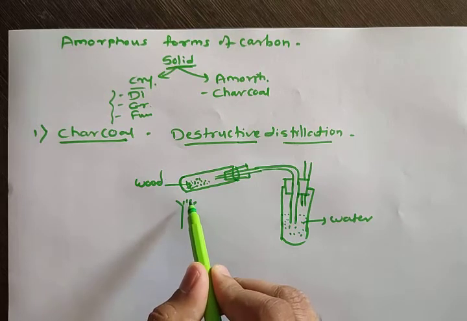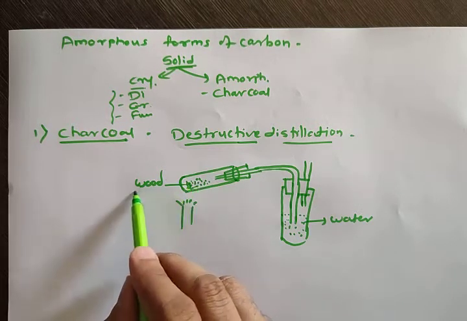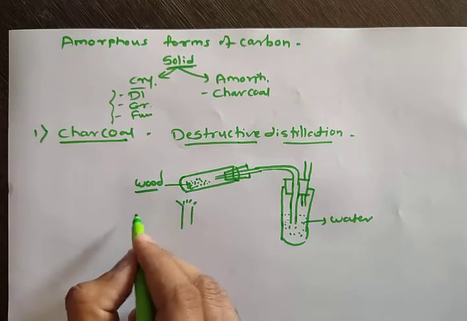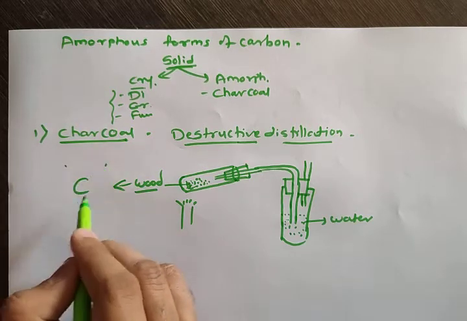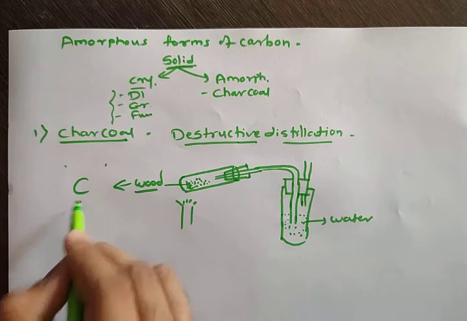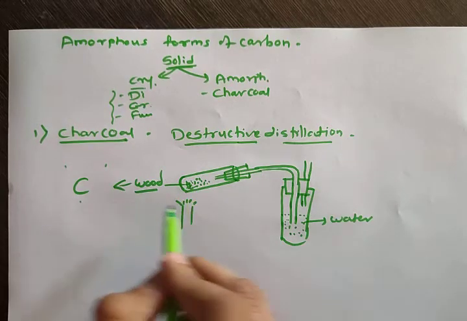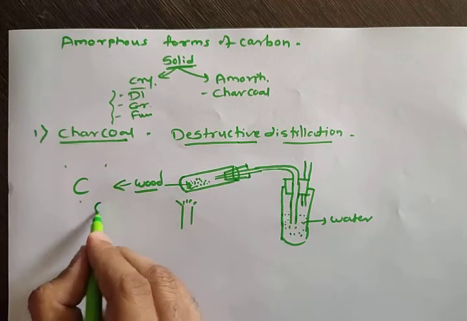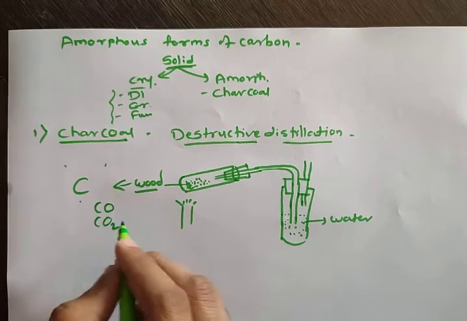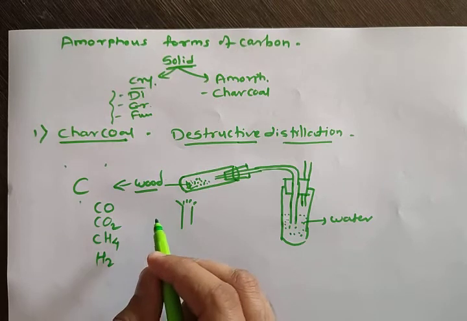Now when we heat this test tube, what is happening here? We are heating, but there is no oxygen here, there is no air here. So what happens when we heat it? The wood consists of carbon inside it, all of you know, in plants and animals the main constituent of the bodies is carbon. So the wood consists of carbon, and various other substances are also there. When we heat it, gases are produced from this wood. Which gases are produced? Carbon monoxide, carbon dioxide, methane gas, and hydrogen gas.